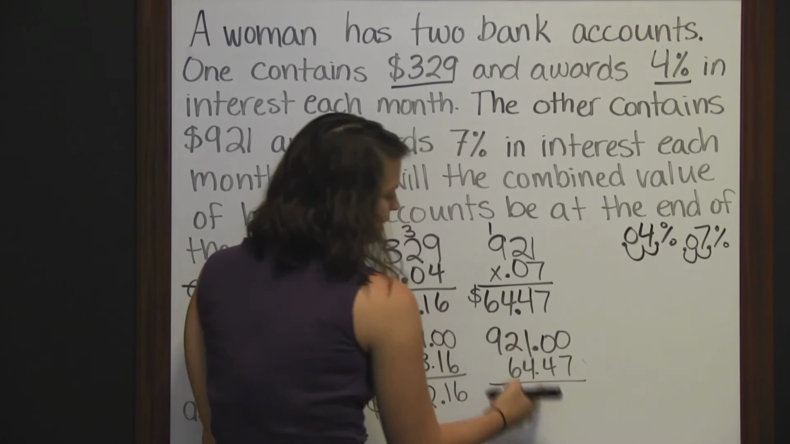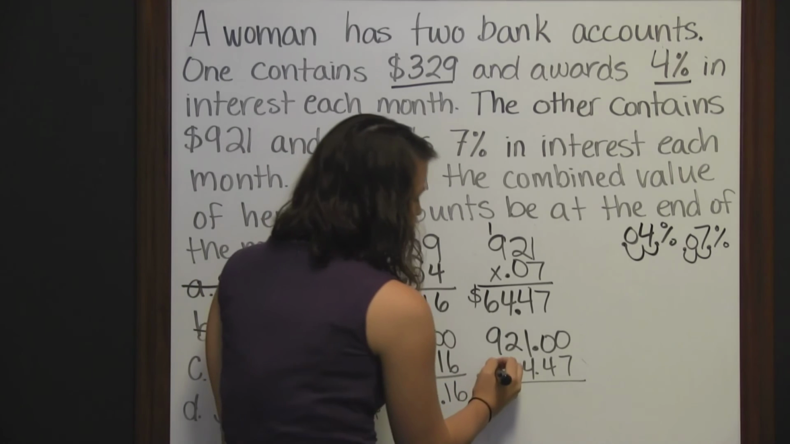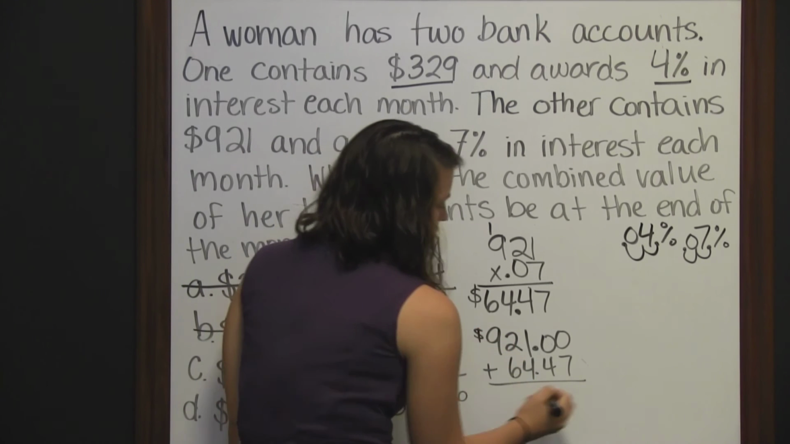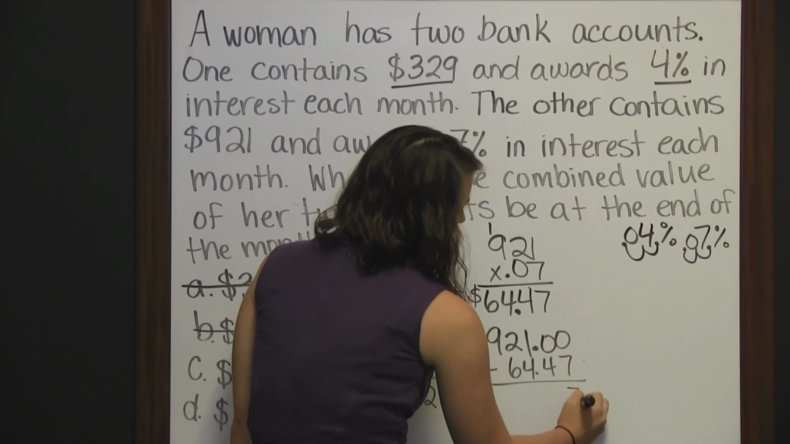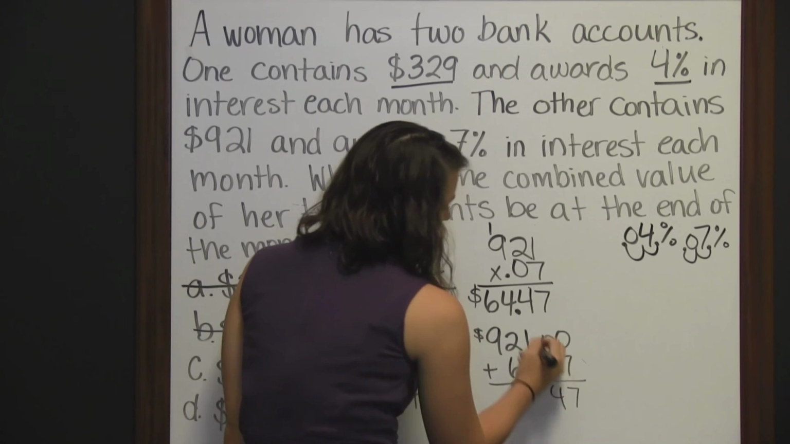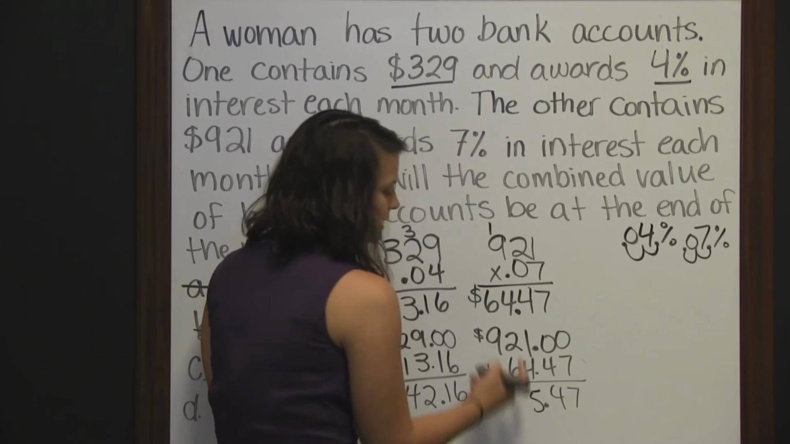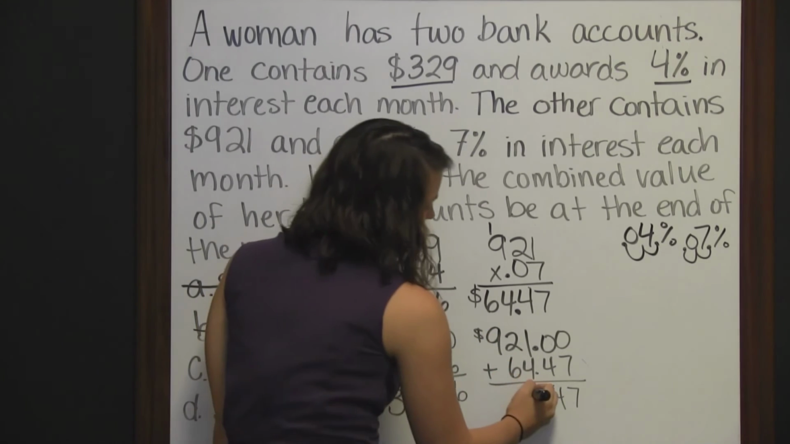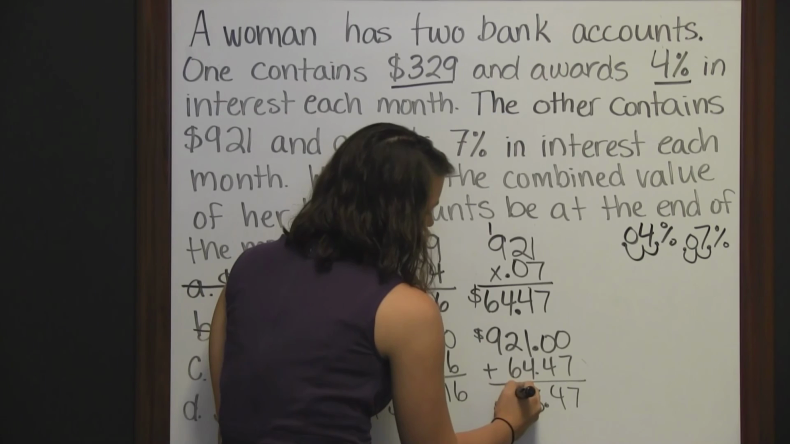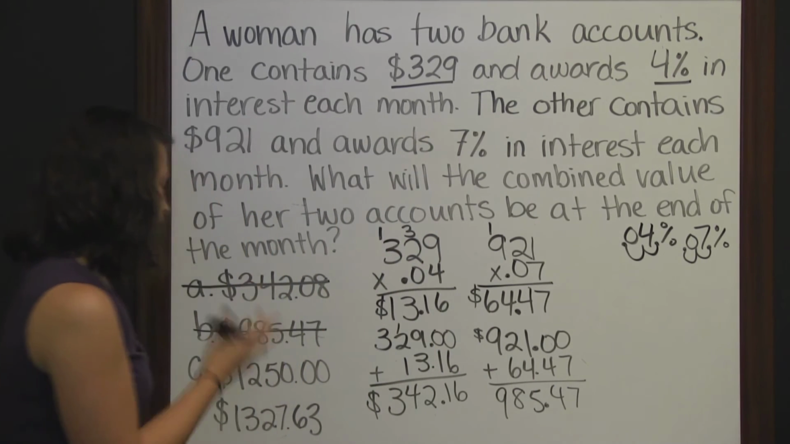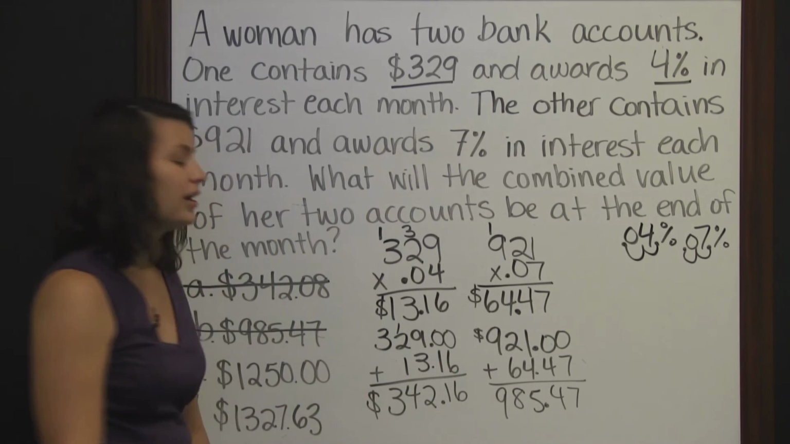$64.47. Line up those decimals when you're adding. 7 and 0 is 7. 0 plus 4 is 4. Bring down the decimal. 1 plus 4 is 5. 2 plus 6 is 8. 9 plus nothing is 9. So that account has a total of